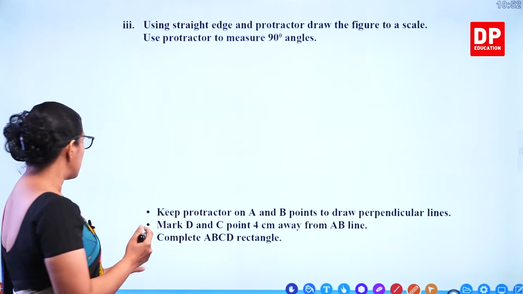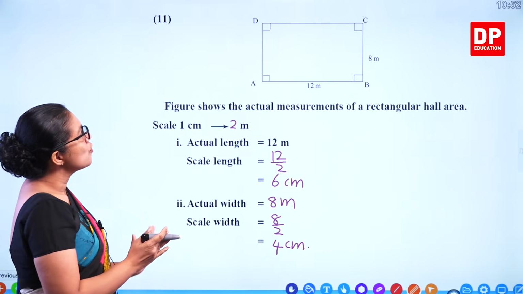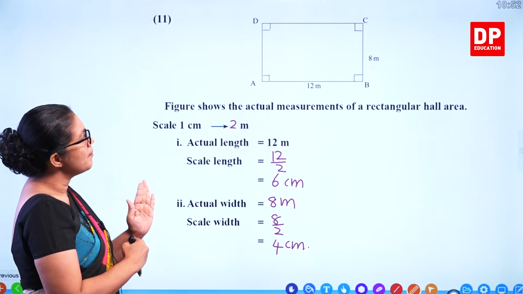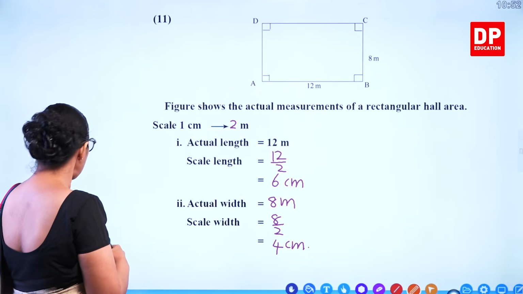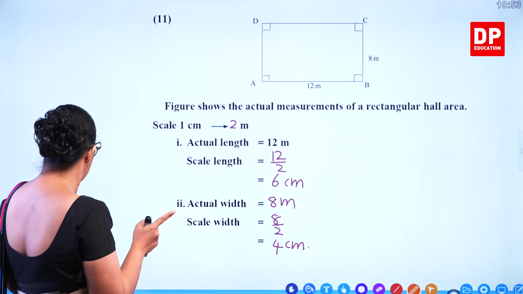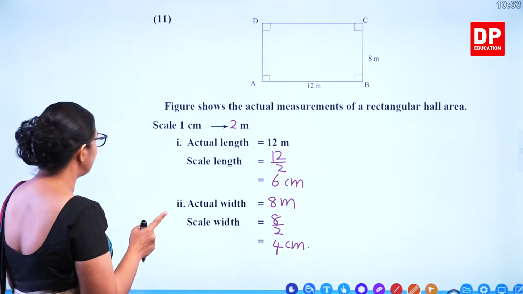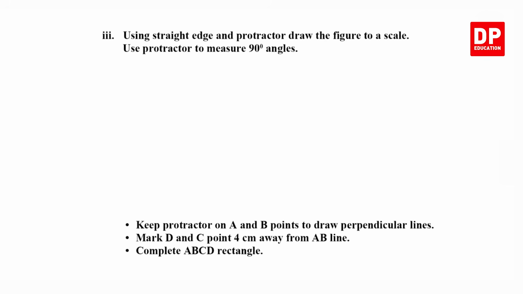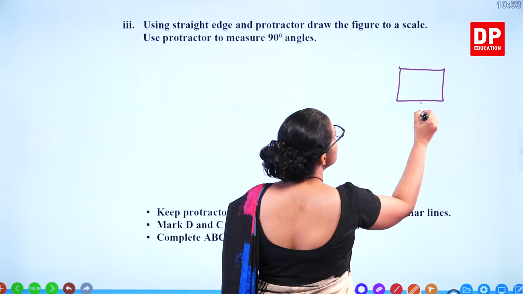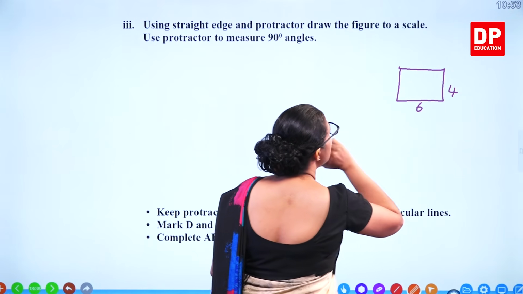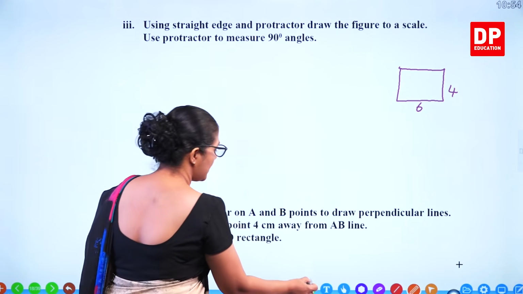So here is a rectangular shape. So 90 degrees, so perpendicular means 90 degrees. So you can use the protractor. So 12, 8 and 6 and 4. So we need to construct 12, 8 means 6, 4 centimeter length. Now we'll take the ruler